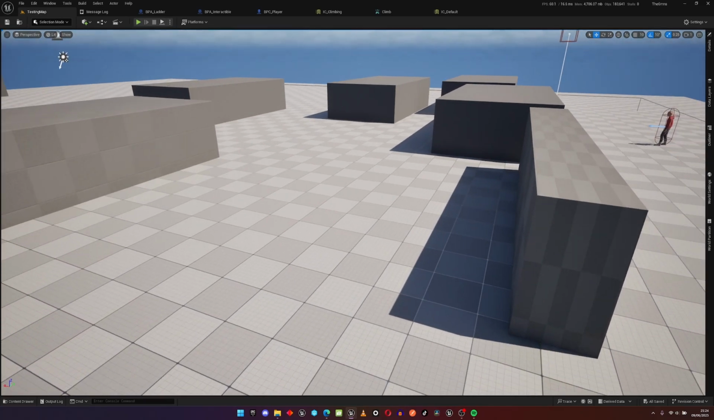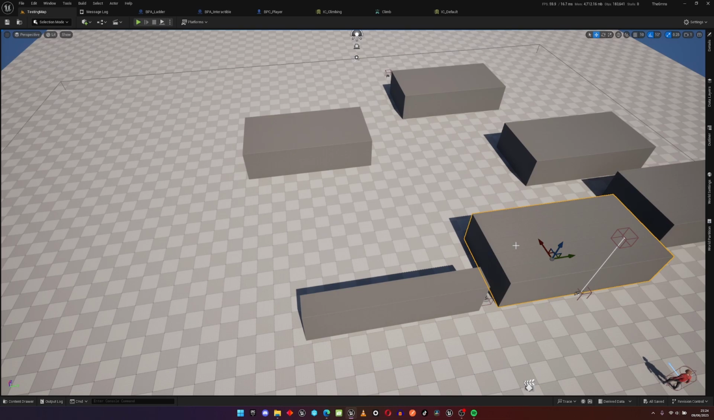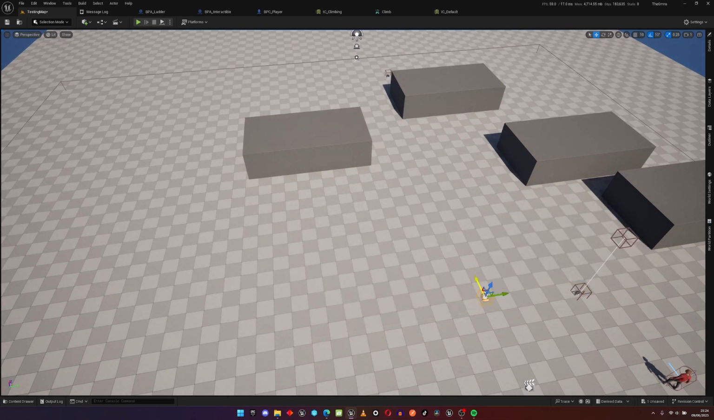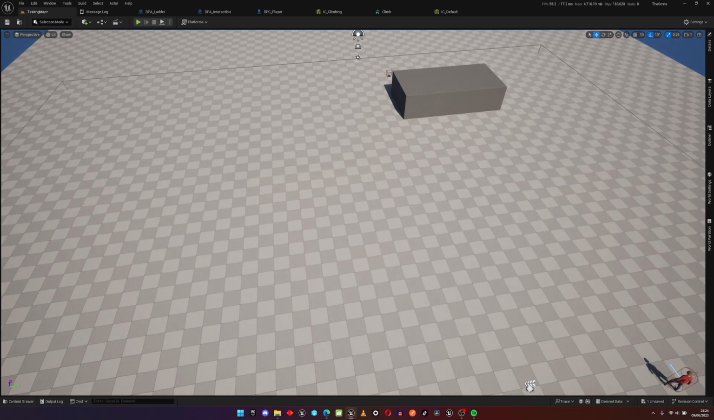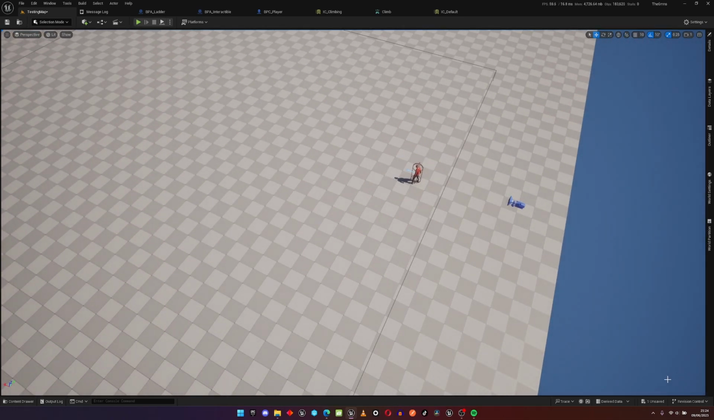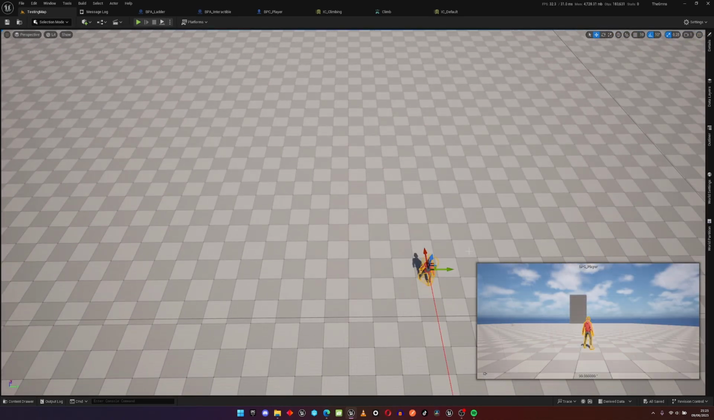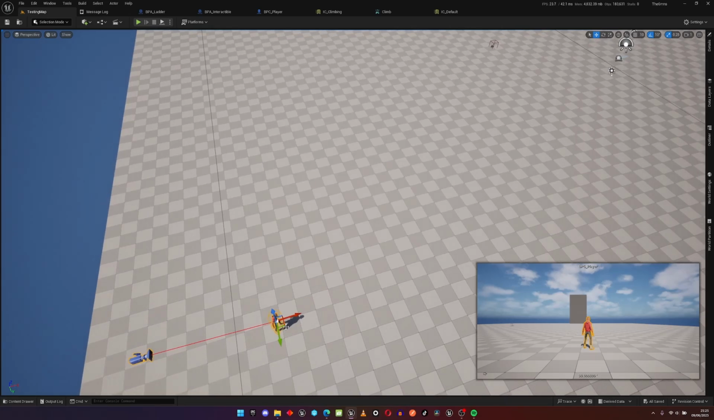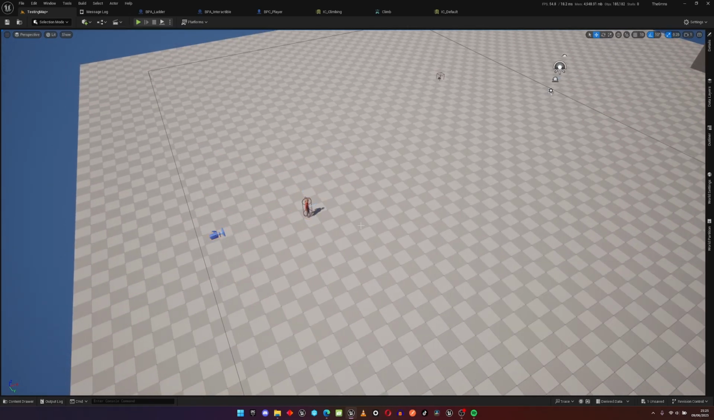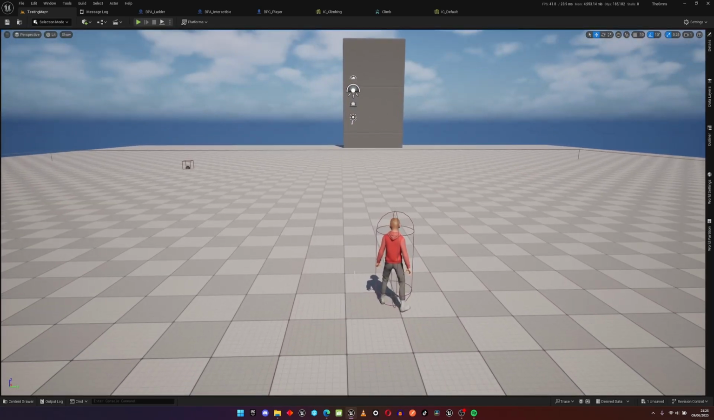On our test level, I'm going to delete all these blocks just because we don't need them anymore. I'm deleting these actors, I'm deleting our ladder, this one, this one, this one, this one, this one. I'll leave this at the moment. I can also delete our scene, we don't need it. And we are going to make sure